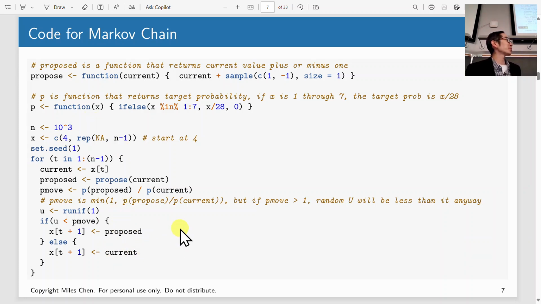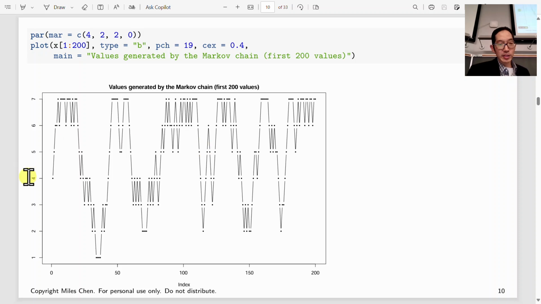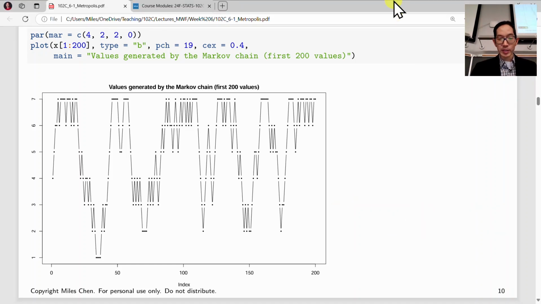And sometimes maybe I'll propose a 3, but then I reject it. In that case, my current value of 4 gets repeated. We can let it run 1,000 iterations, and it looks something like this. This is what the chain looked like. So I started off at 4, I proposed a 5, I accepted it. I proposed a 6, I accepted it. Apparently I proposed a 5 and I did not accept it, so 6 got repeated right here. In this picture you get 2 dots in a row, and then 7, and so on and so forth.